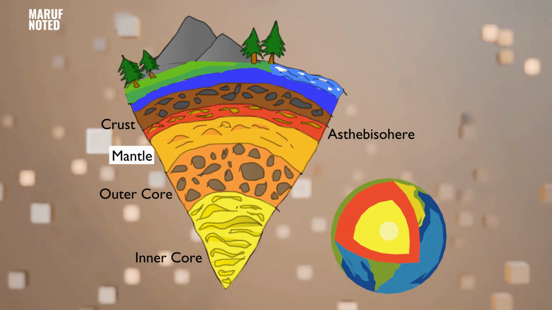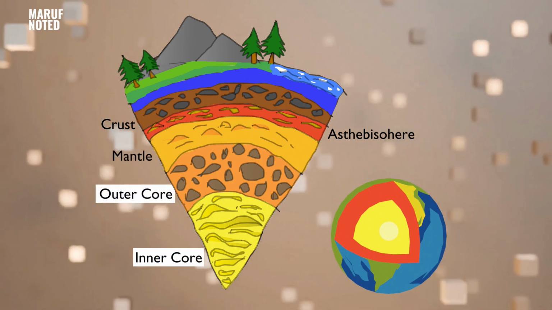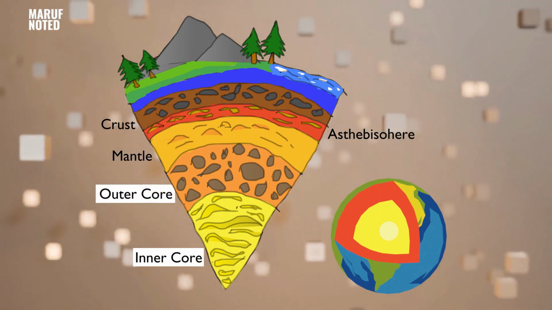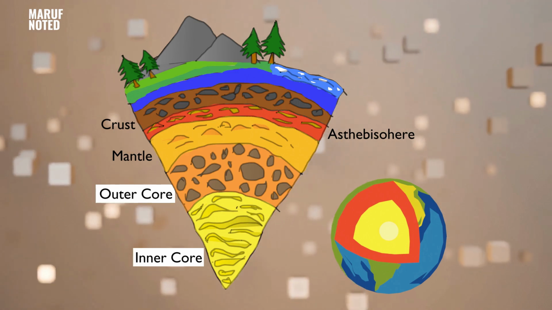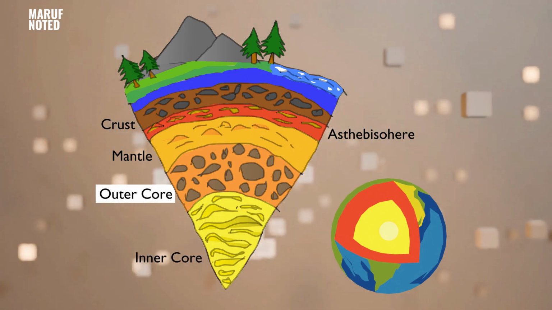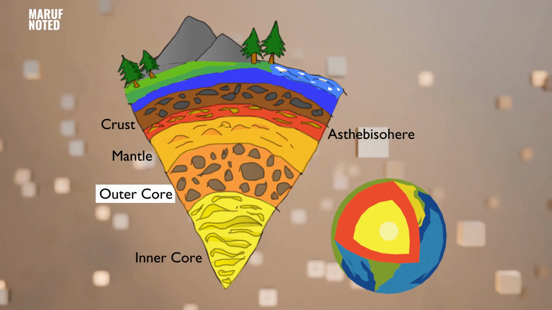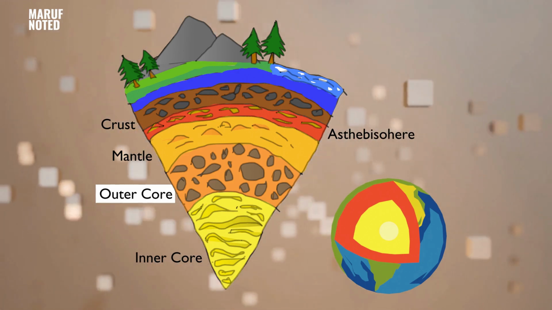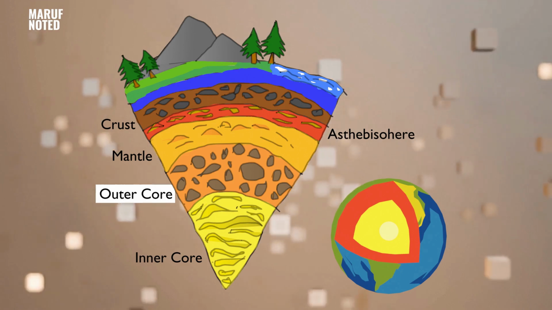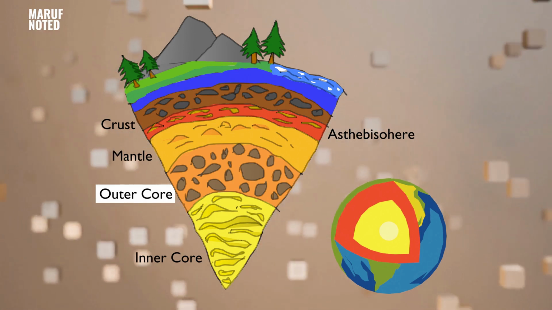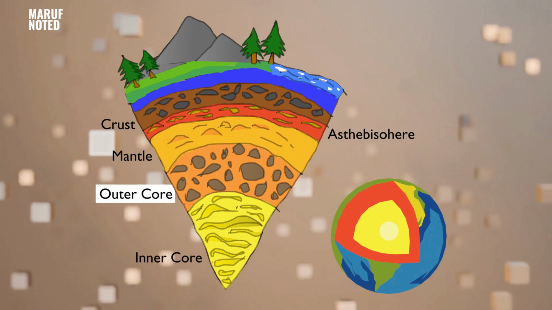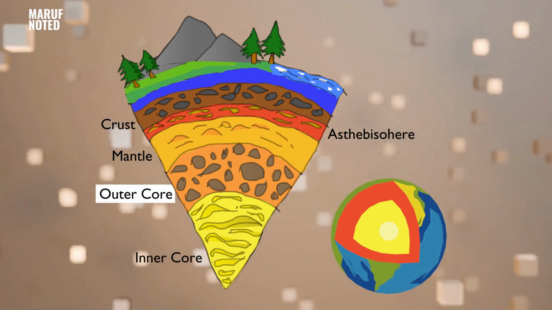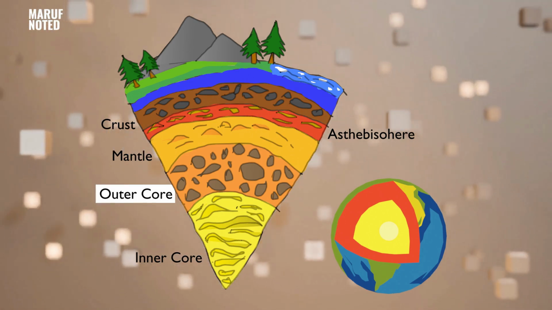Below the mantle is the core. Core is also divided into two layers, outer core and inner core. Just below the lower mantle is the outer core. Outer core consists of about 80% iron along with nickel and some other lighter elements. It has a very high density and is always found to exist in a viscous liquid state due to not having enough pressure to be compressed into solid.